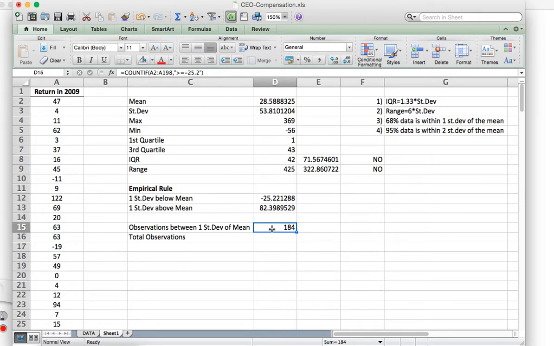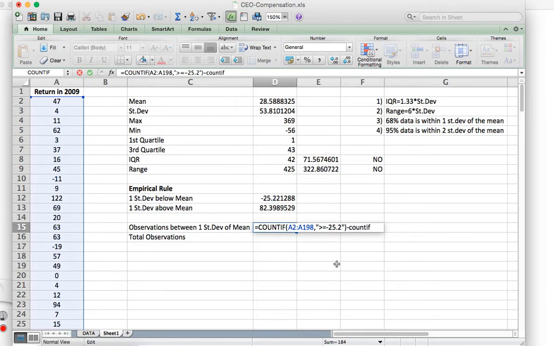But now, because we want to count the difference between plus and minus 1 standard deviation of the mean, observations between these values, I'll just double click back and subtract from this the number of observations that are above 82. So let's do COUNTIF again. COUNTIF, the range is the same, A2 to A198,